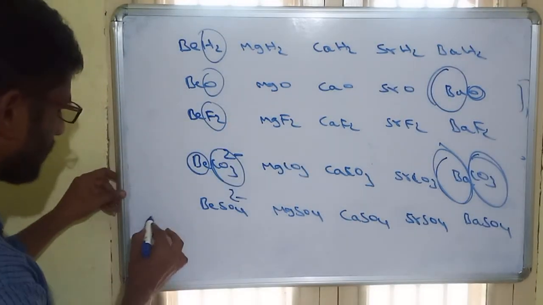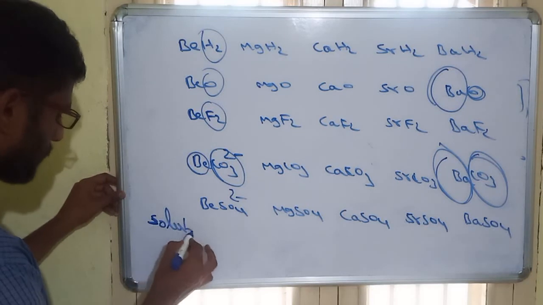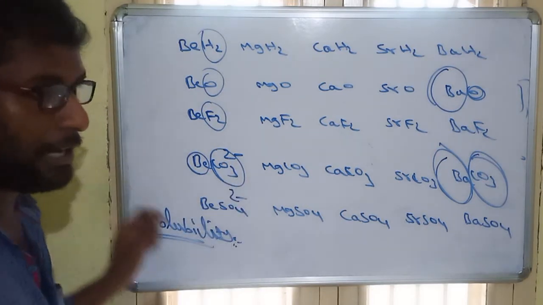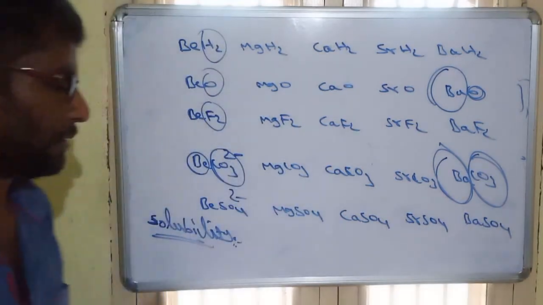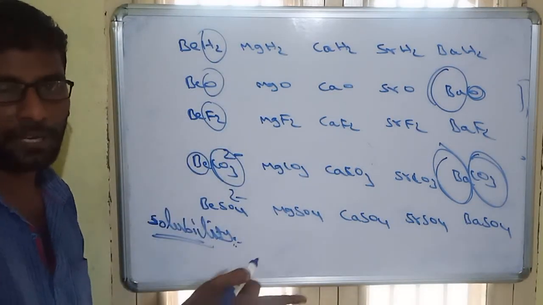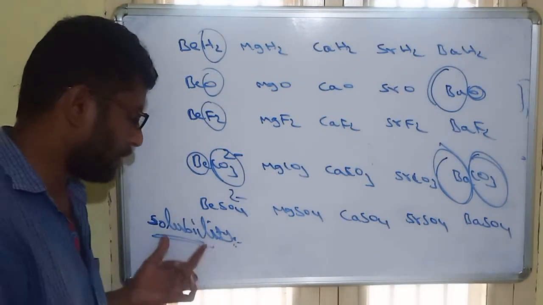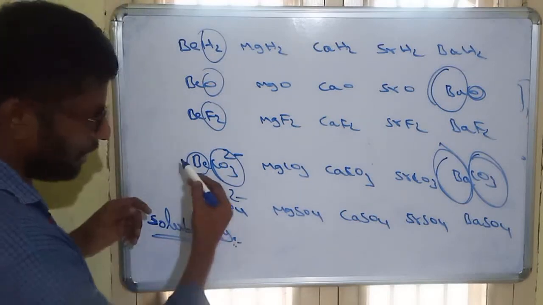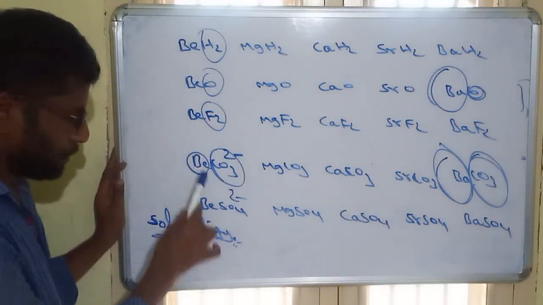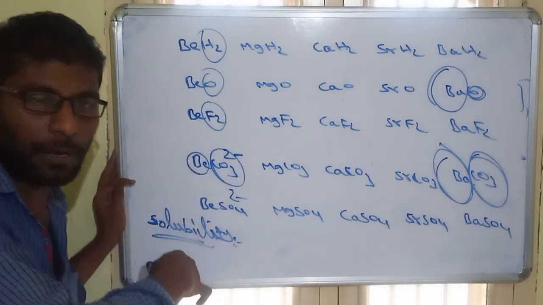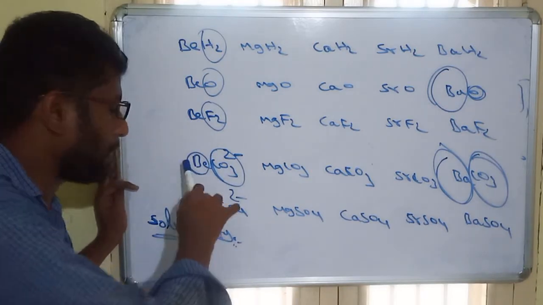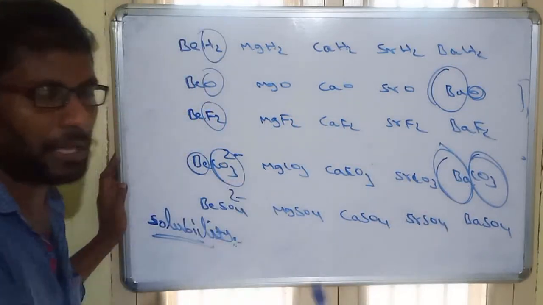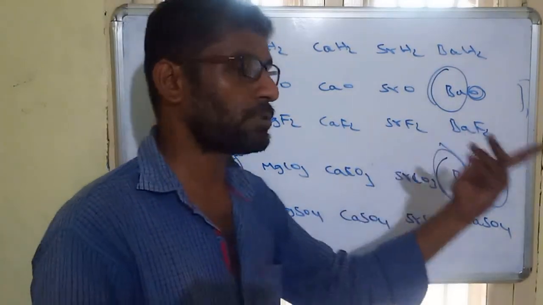So sometimes they also ask solubility. Solubility mainly depends on hydration enthalpy. Stability depends on lattice energy, so size matching. Whereas solubility in water depends on hydration enthalpy. Suppose it is among these carbonates and sulfates. So beryllium has high hydration enthalpy. So due to high hydration enthalpy, it is easily soluble in water. Whereas barium has a very low hydration enthalpy. That means it is insoluble in water.